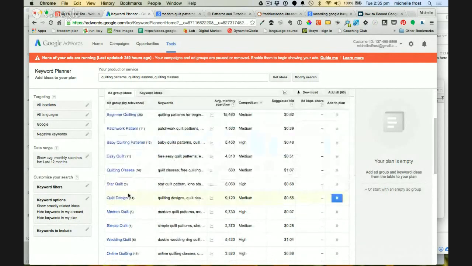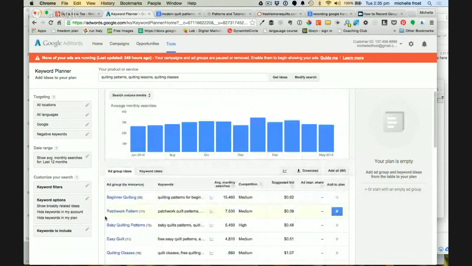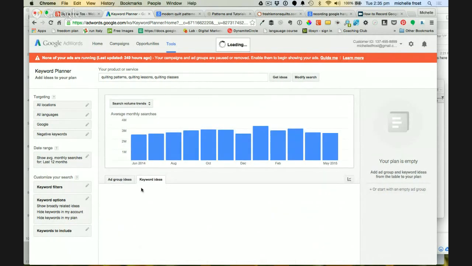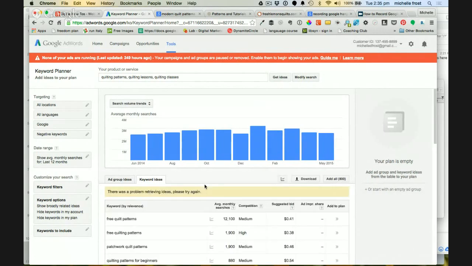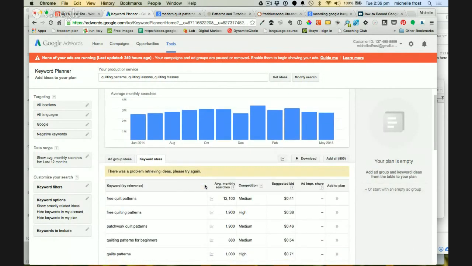At this time, I'm not going to go into that, but that's something Google provides for the people who are advertising, because it's a good idea to put your ads into little groups of tightly related keywords or key phrases. That can be very useful for what we're doing as well, but at the moment we're just going to look at the keyword ideas. So you click the tab that says keyword ideas, and you will get a rather long